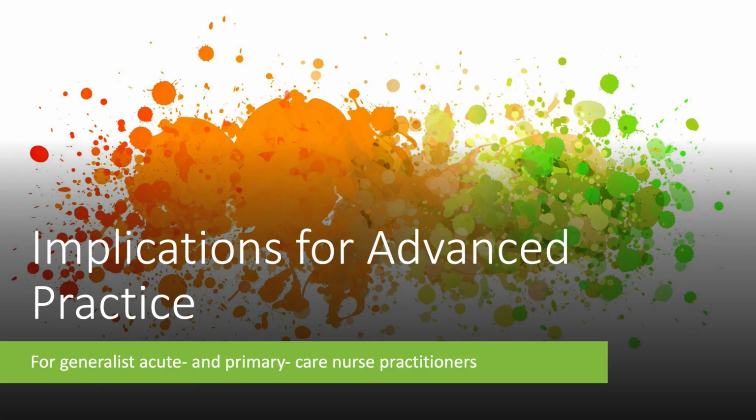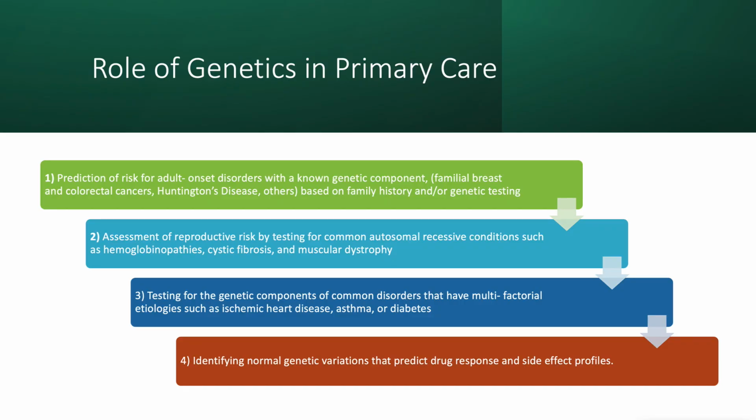So what are the implications for us in advanced practice, for generalists in advanced practice, whether they're acute or primary care? First, prediction of risk for adult onset disorders with a known genetic component like familial breast and colorectal cancer, Huntington's disease, is based on family history and/or genetic testing. So we need to get that in our history. Assessment of reproductive risk by testing for common autosomal recessive conditions such as hemoglobinopathies, cystic fibrosis, and muscular dystrophy can be done